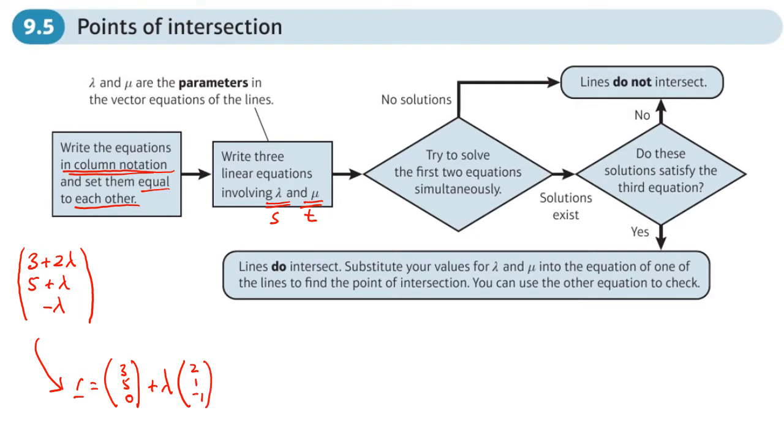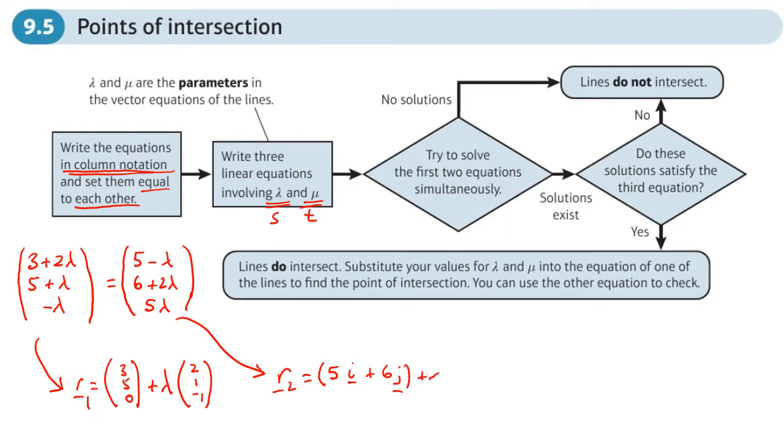So can you see, basically you expand it out for one line, and then you make that equal to maybe the other line, so you might have 5 minus lambda, 6 plus 2 lambda, 5 lambda, and this would have come from, for example, a line, let's call this R2, which has this equation that may actually be written in IJK form, so it might be something like 5i plus 6j plus lambda. Actually, we need a different scalar here because it wouldn't be the same one. That wouldn't be nice. So let's change that to mu, for example. Did I have 5 mu at the bottom? Yeah, I did. And then it will be plus mu